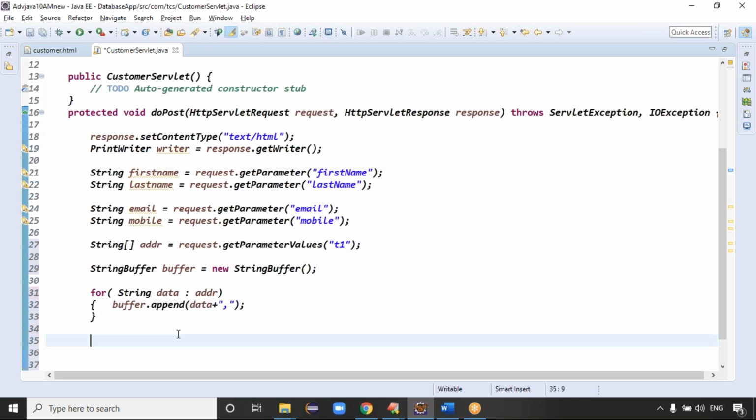String data. Again, what do we have to do? We have to convert the StringBuffer data again into string format, right? Yes. Because again I want to convert the StringBuffer data into string data. Why? Because my database supports only string format data, right? Exactly. Okay, initially we have the string array. The three values, I want to take with the comma separator, but it's not possible because string is immutable.